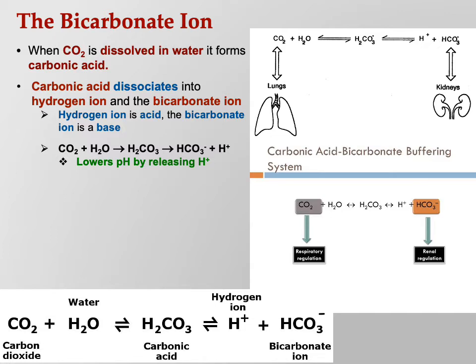Remember pH? What does pH mean? Pauvre hydrogène. Damn French people. That means, remember, technically it is the negative log of the hydrogen ion concentration. So basically, in other words, pH is a measure of how much hydrogen is around. Low pH means there's a lot of hydrogen because it's the negative log. At any rate, bottom line is when the equation runs this way, you are producing free hydrogens, so you are